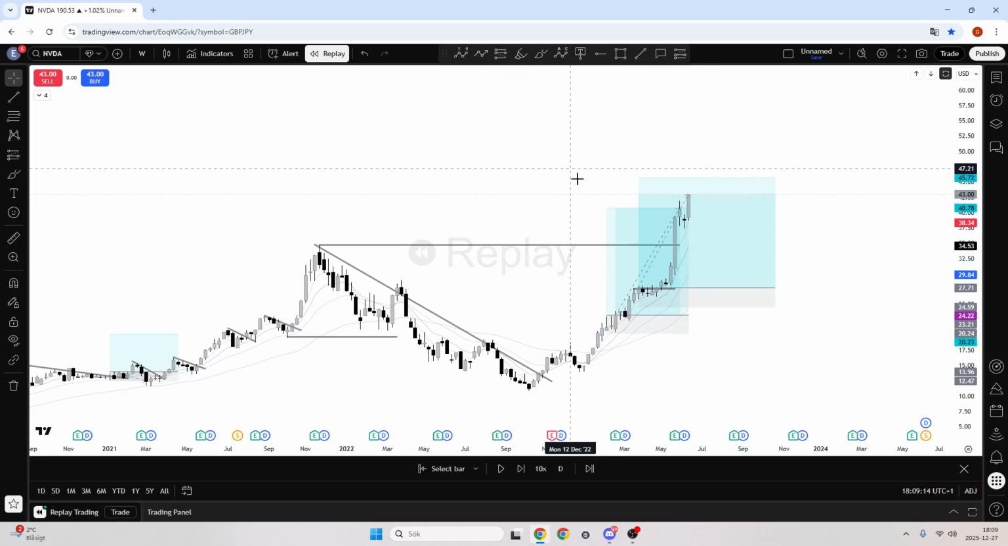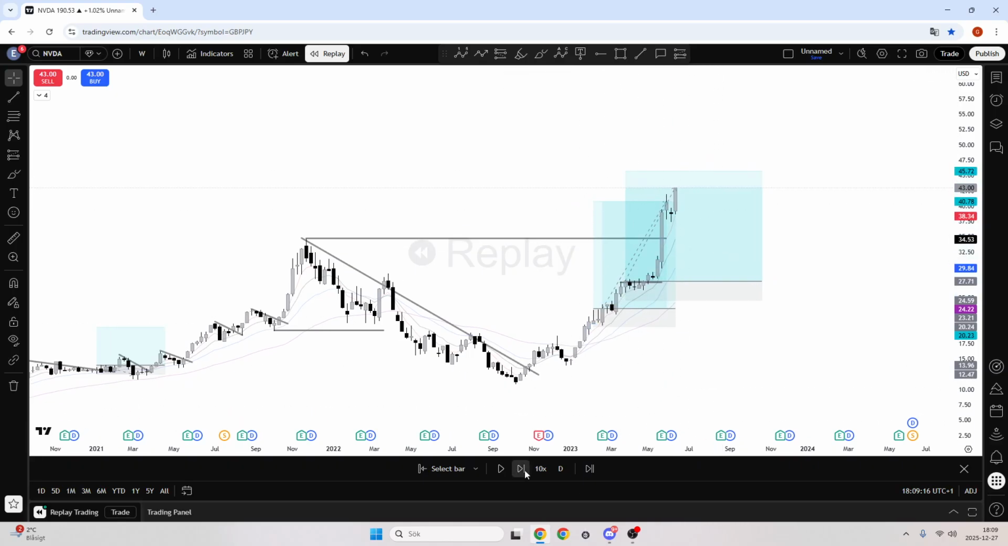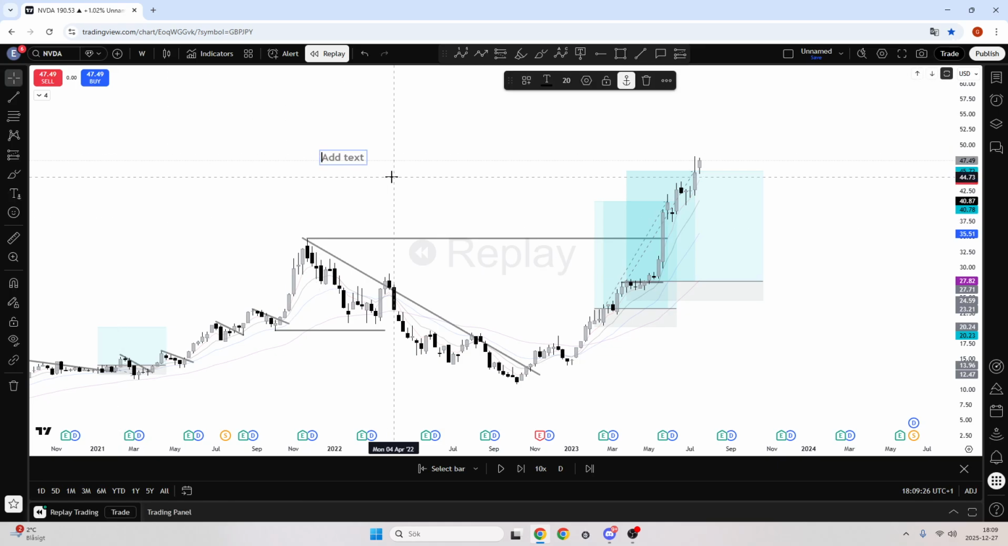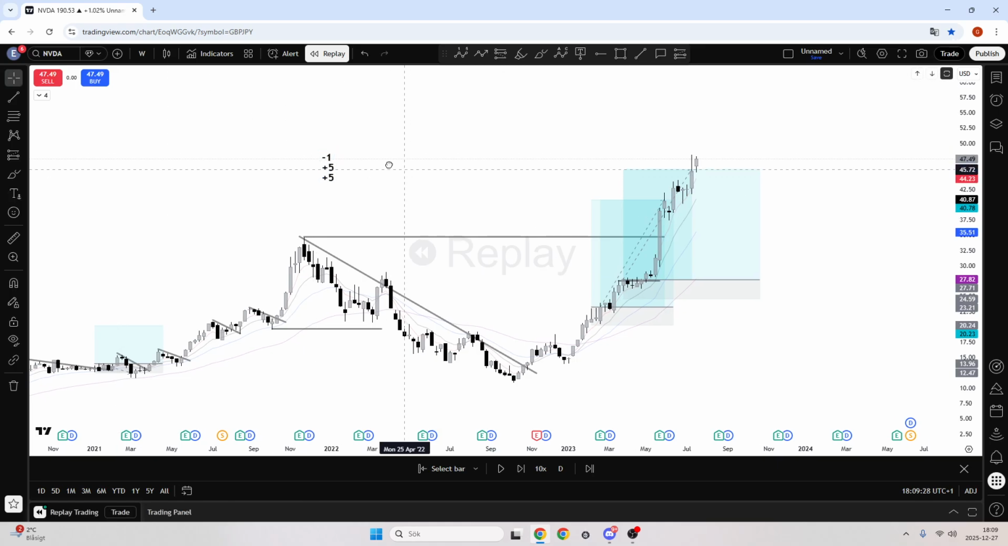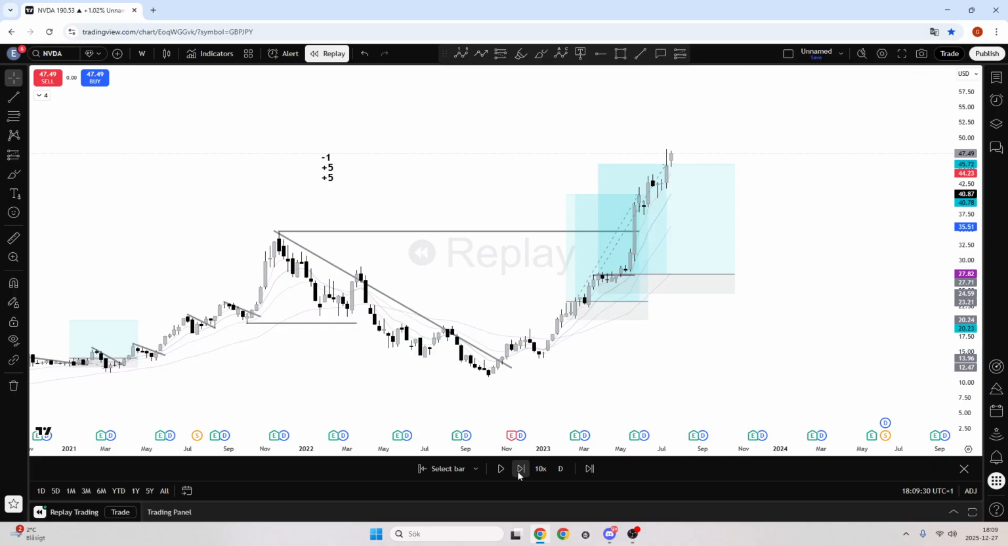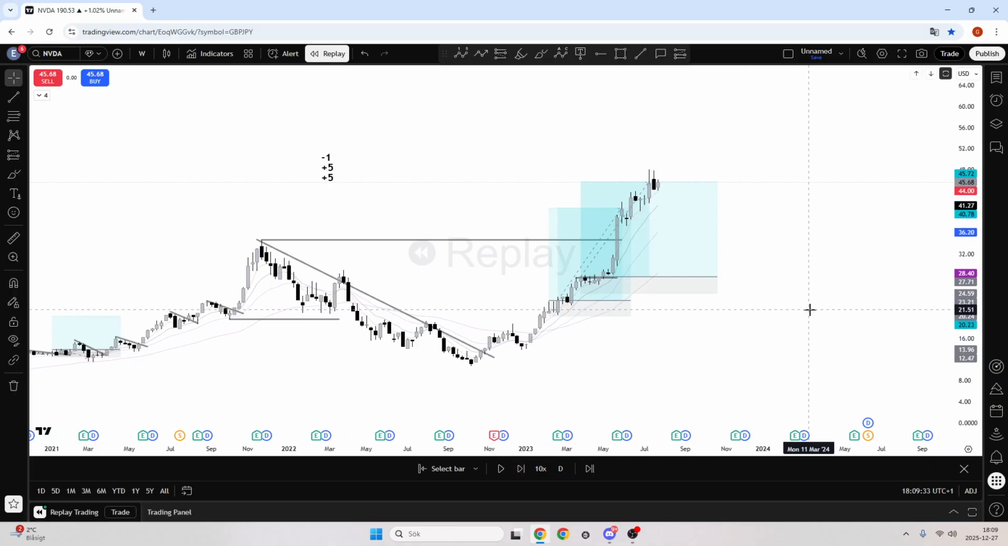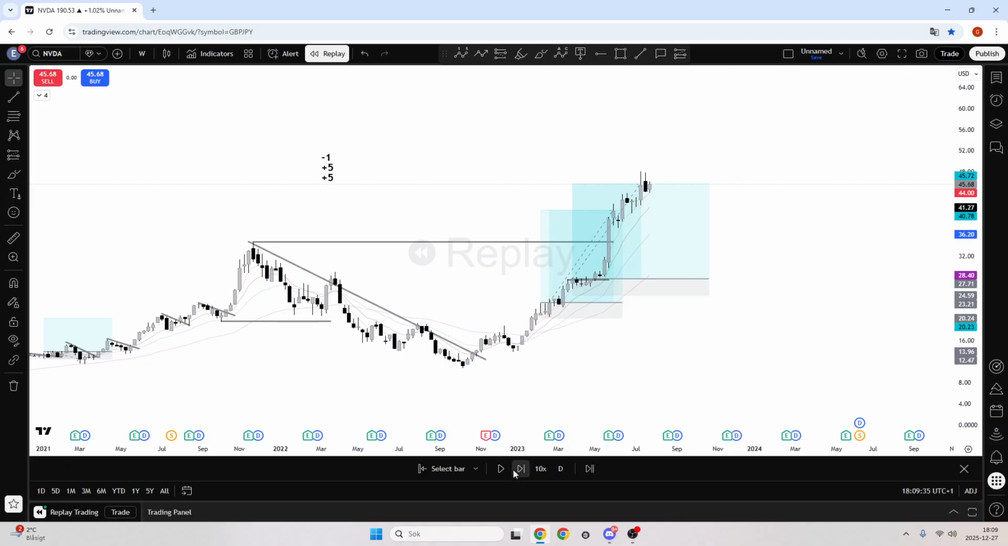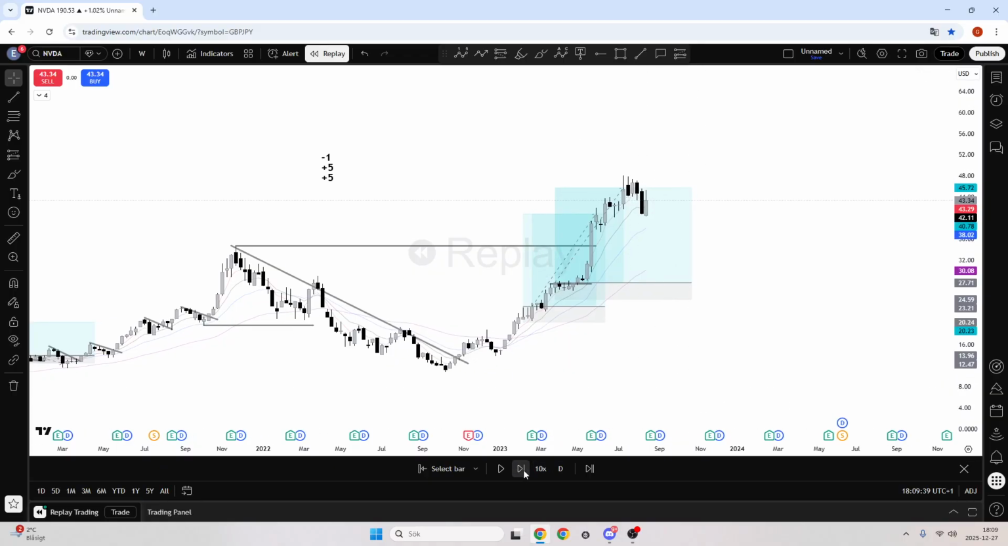We could simply have just a very easy management system that says 1 to 5, and we close the whole trade. Just like that. Both of these trades are +5, so -1, +5, +5. And we're still going, the trend is still going, and it looks very good. So let's see if price